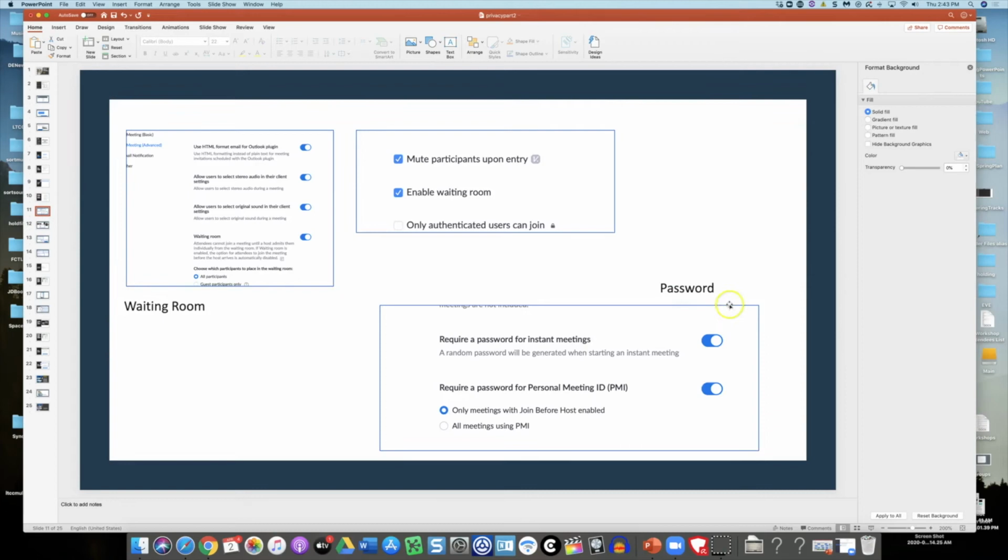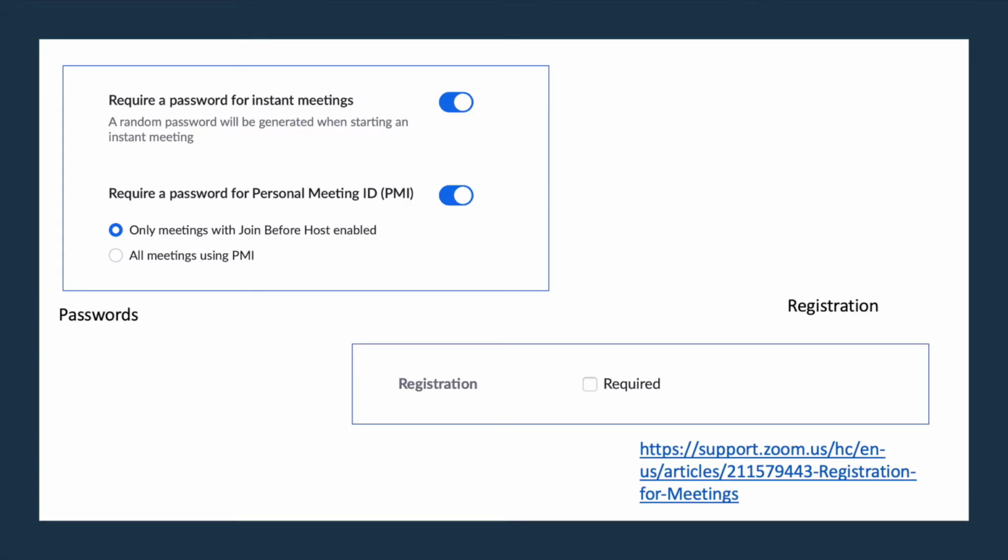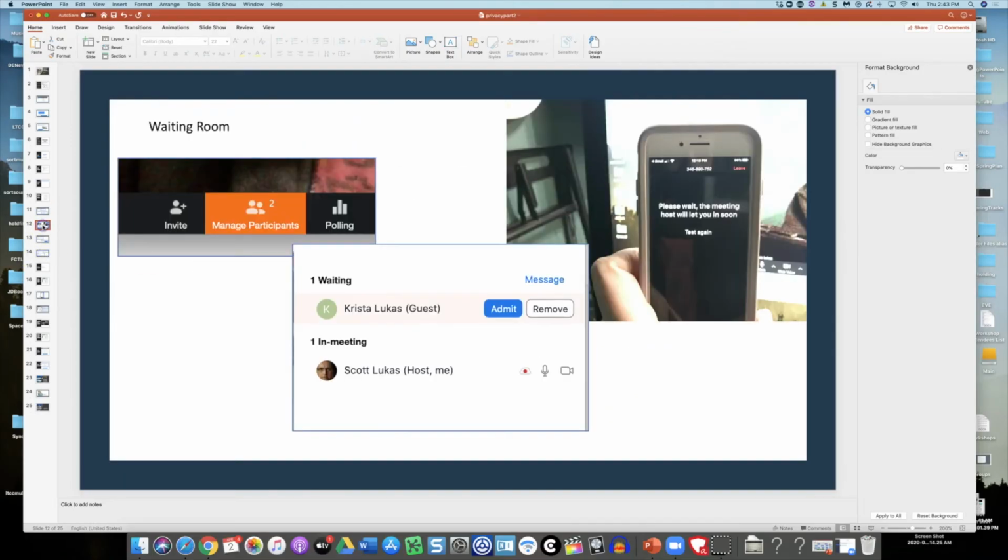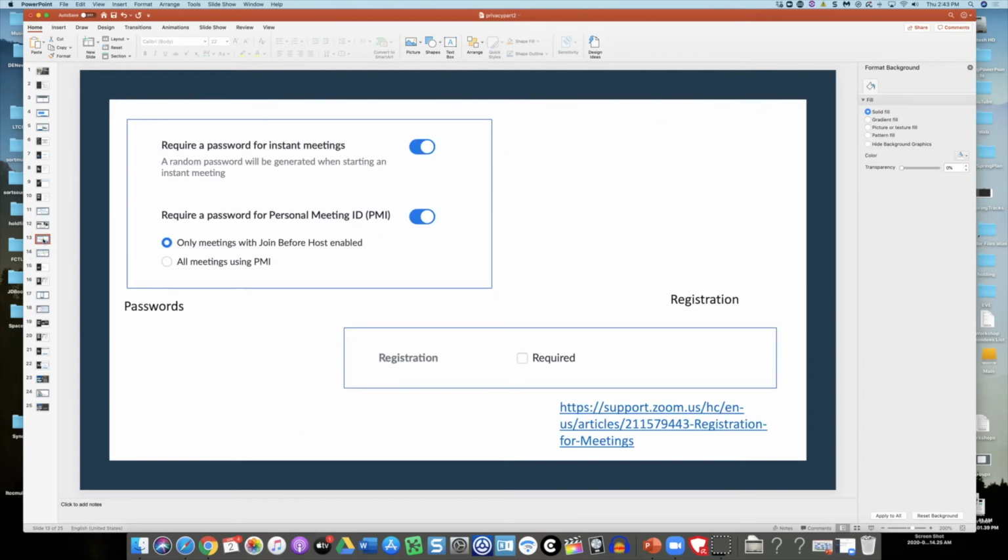Again, the password requirement, let's continue to talk about that. I had some issues today with someone not having the password. I did send that to them, but I think they were using a previous email that didn't have the password. So let's continue to check on that to see if we do want to require passwords. But that would be another level of security there. I'm a little concerned about if your personal meeting ID number gets out there on social media and someone happened to log in, a troll happened to log in at the same time, they could potentially then hijack that meeting. So that might be another reason to have a password required there as well.